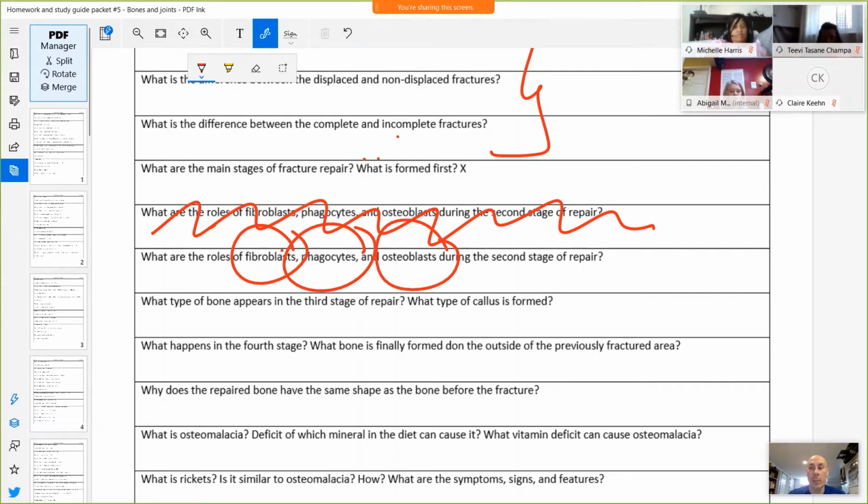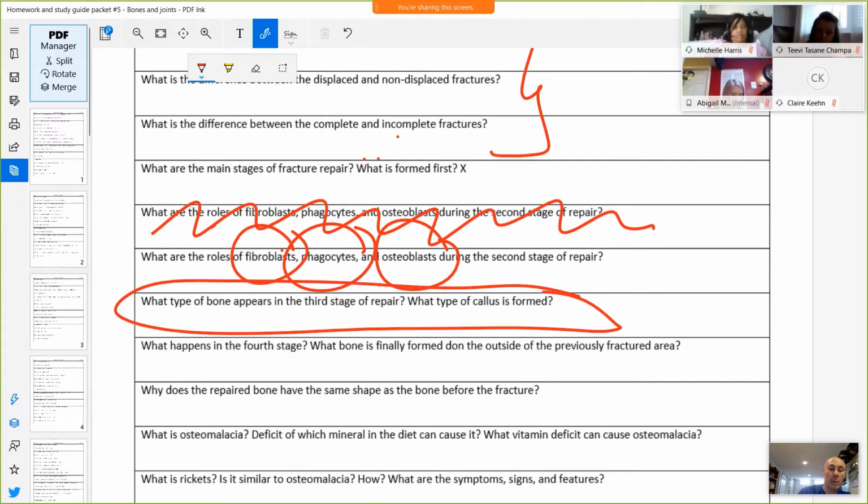Second stage is called, as you remember, fibrocartilaginous callus, because at this point it's mostly connective tissue and cartilage. Eventually osteoblasts deposit enough spongy bone, and that is a bony callus. We good so far? And then in the 4th stage, basically you get the bone remodeling, and the outside, like